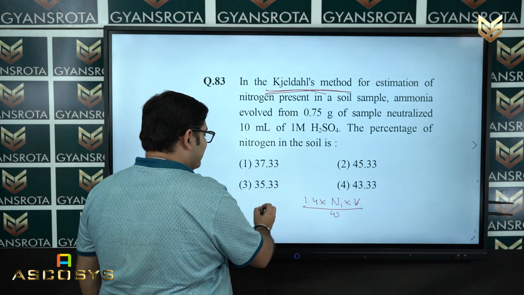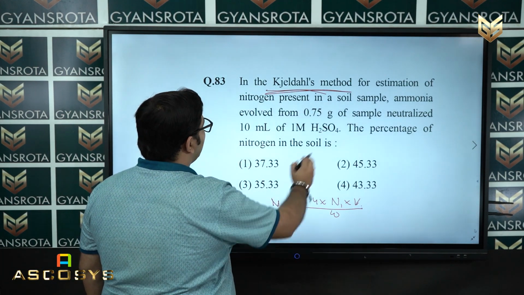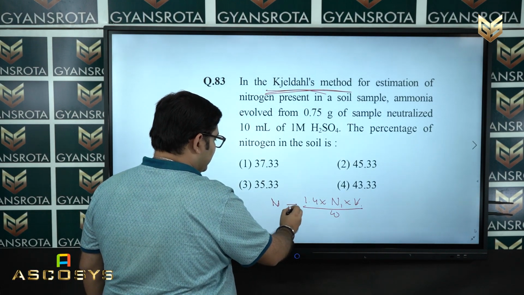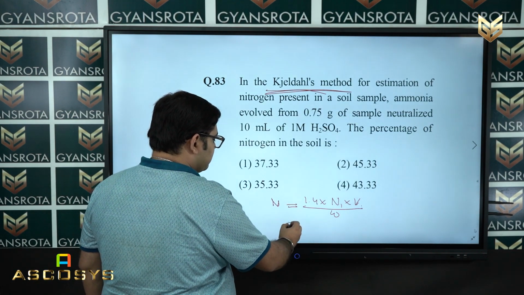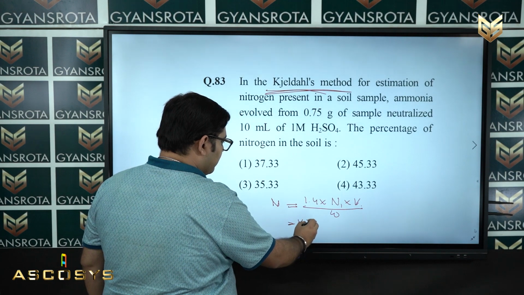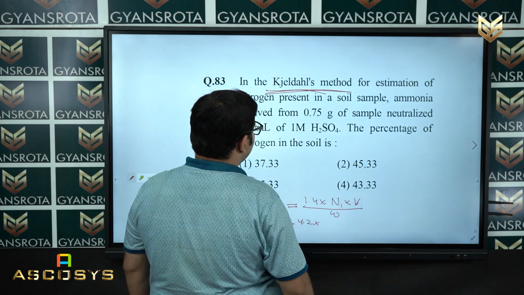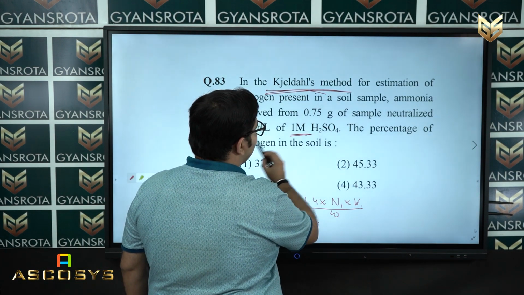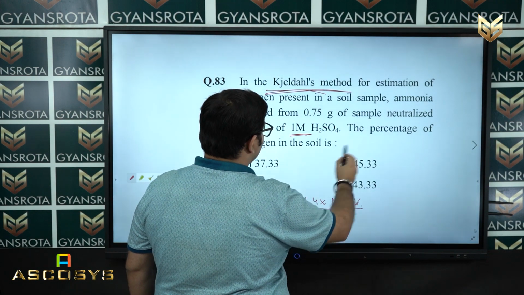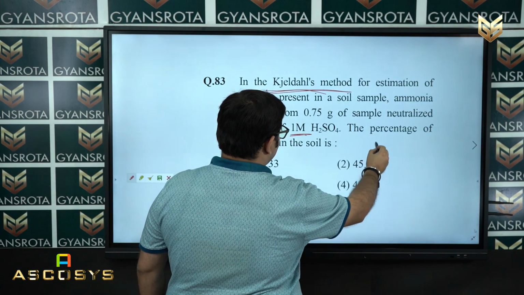So this is the direct formula to find out the nitrogen. Okay. So how much is it? 1.4. What is the normality? Here molarity is given, and this molarity is nothing but your normality. Okay. 1 molar